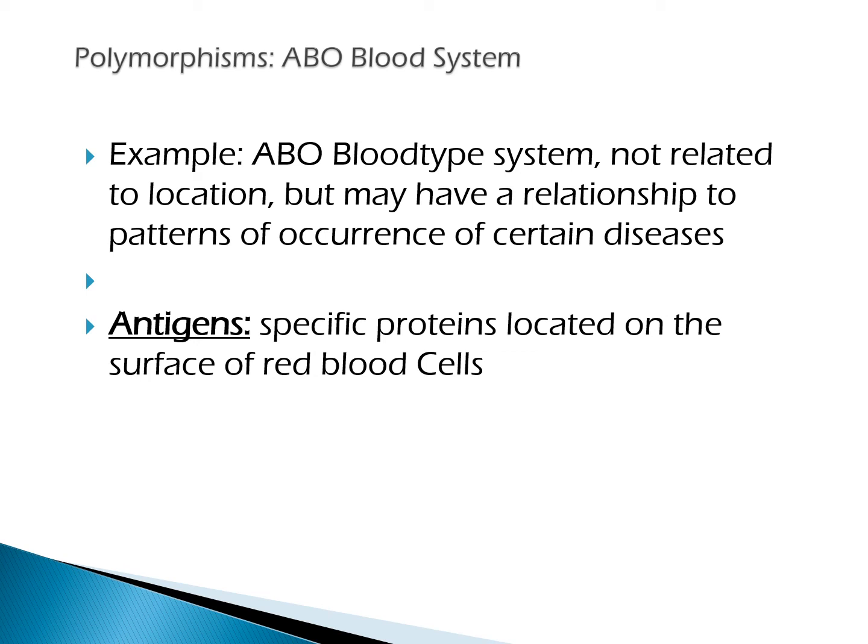All right, vocabulary you need right here. Antigen. Antigen is another term for a protein. Remember, genetic combinations make a protein. So antigens are the proteins which are going to be the recipe or the outcome for your blood cells. They are specific proteins that might be located on the surface of your red blood cells. It depends on your blood type. Not everybody has an extra antigen on the surface of their red blood cells.